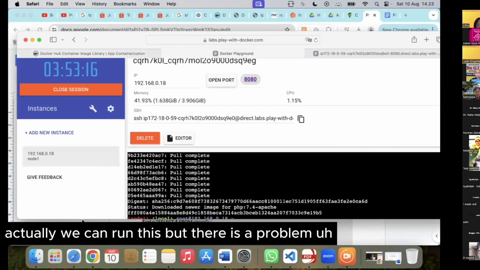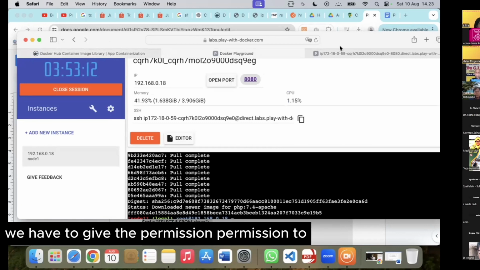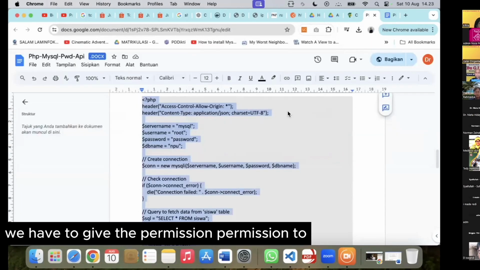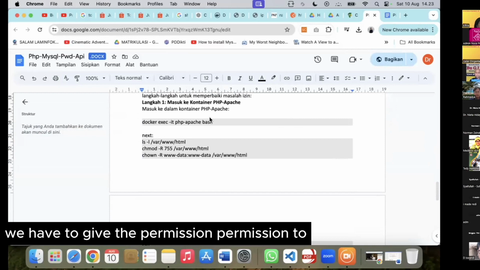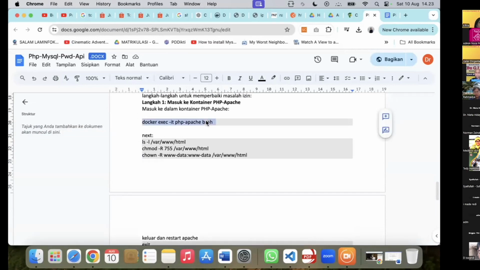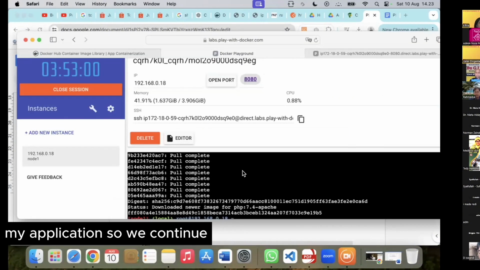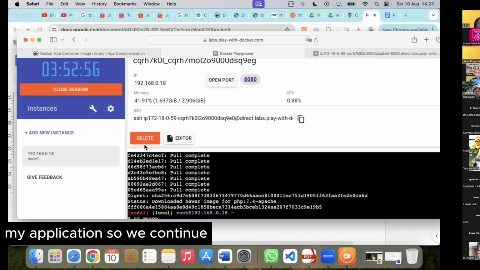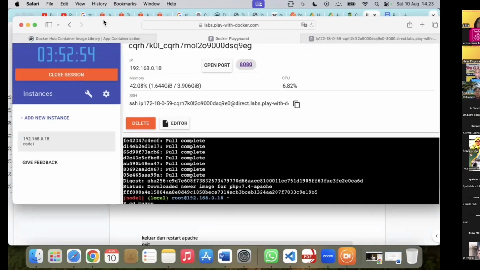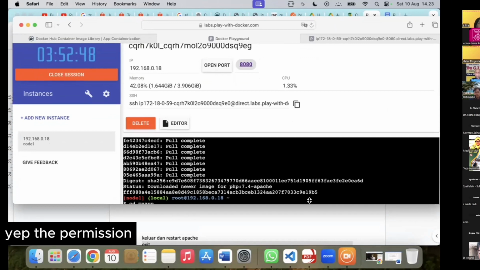Actually, we can run this, but there is a problem. We have to give permission to everyone using my application. So we continue to set the permission.